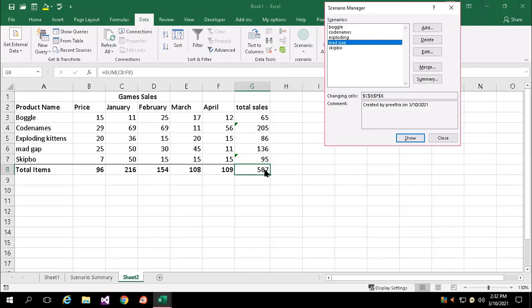So in simple form, in the actual sheet, the actual cell, you have one set of values. For that, you can create different sets of values using scenario manager, where they can compare, analyze, and approve one particular budget. If they say yes, that value you can reflect to your cell.